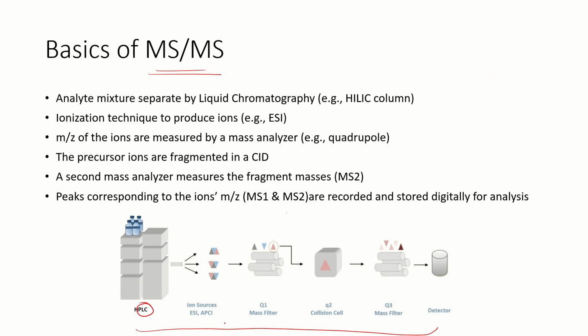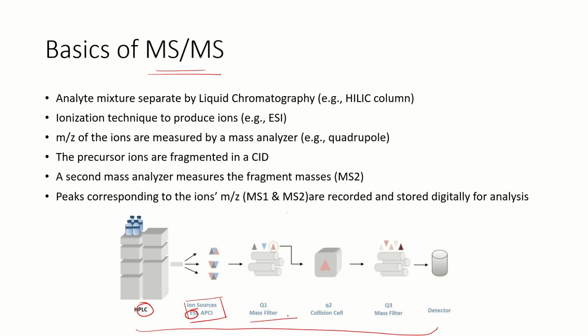The next step is the ionization, where you ionize the analytes which are coming from the column, and ESI is the most popular one among biologists. This is a soft ionization technique, as in it does not cause harm to the analyte molecules themselves. Often proteins are very fragile in case of ionization, so you ionize the analytes,